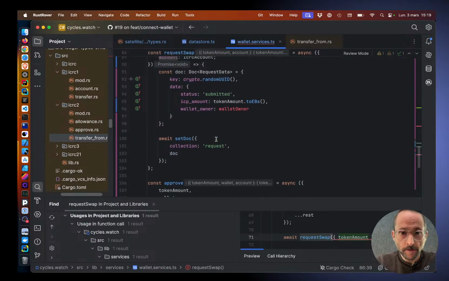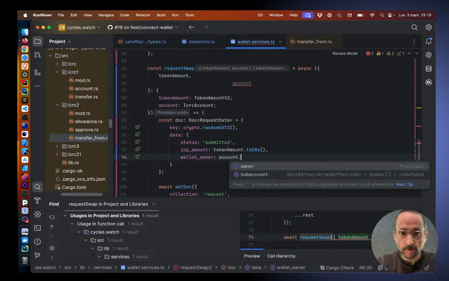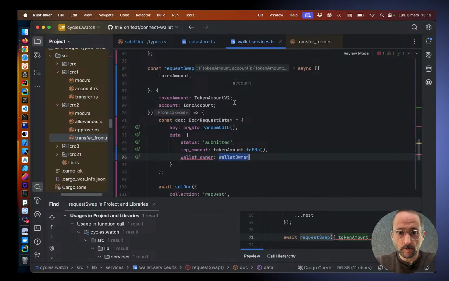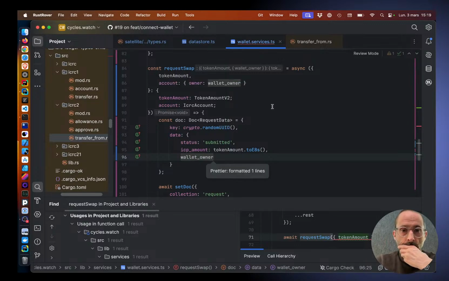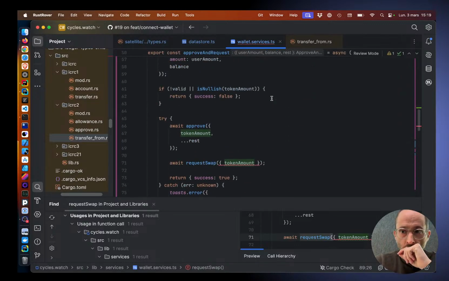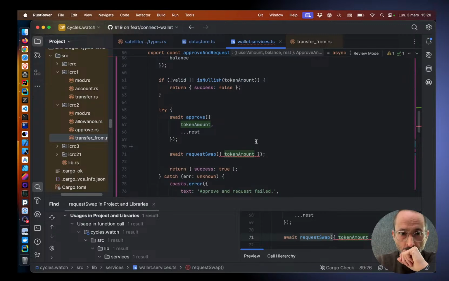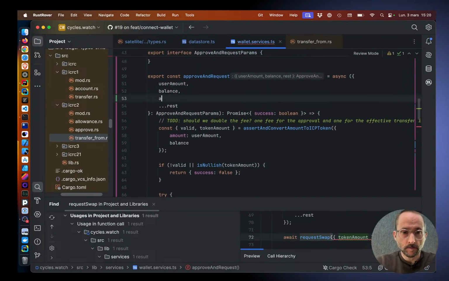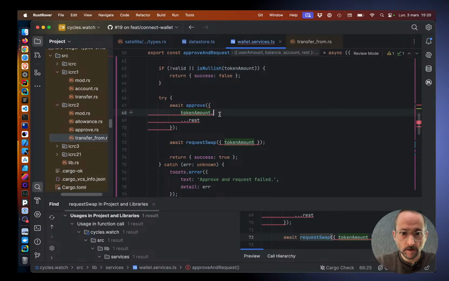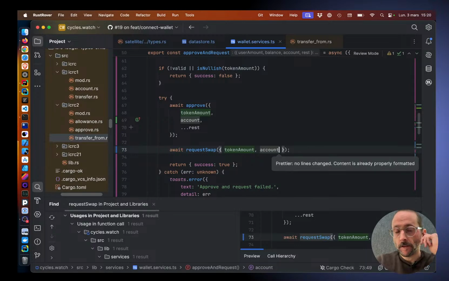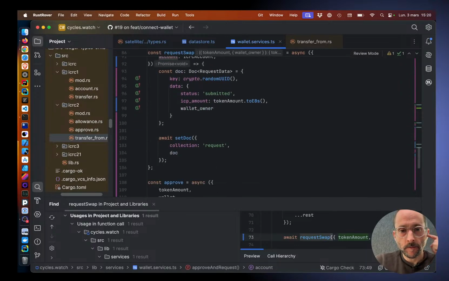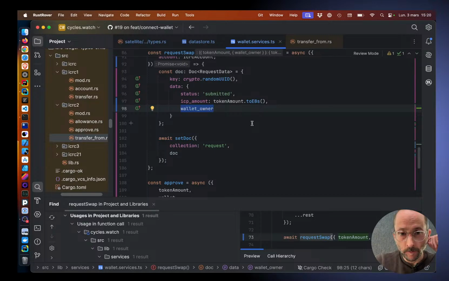So instead of that, here we're gonna do that. And here I will just take the owner. Okay, so we're gonna do owner, wallet owner. Okay, and here we can just pass the account. All right, so now when I make a request, the wallet owner will be saved,